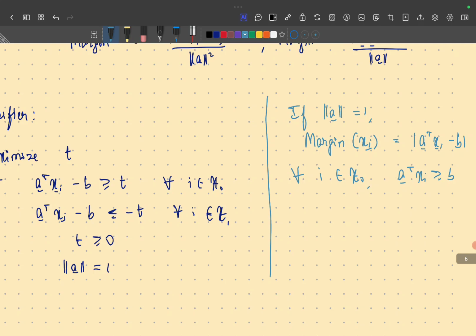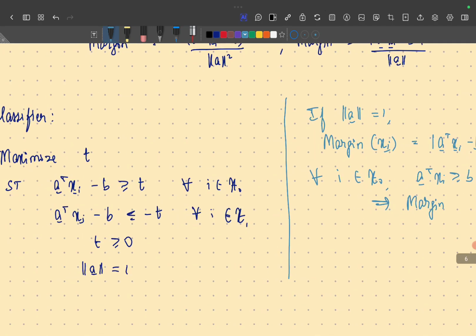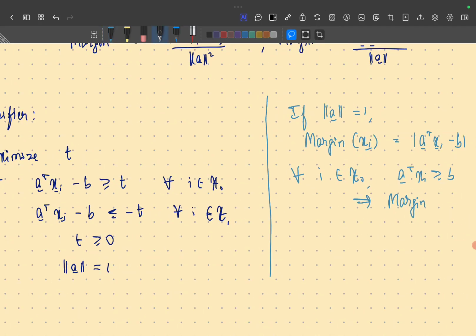So the margin of xi is equal to A transpose xi minus b without the mod, because I know that quantity is non-negative. Correct? And similarly, for all i